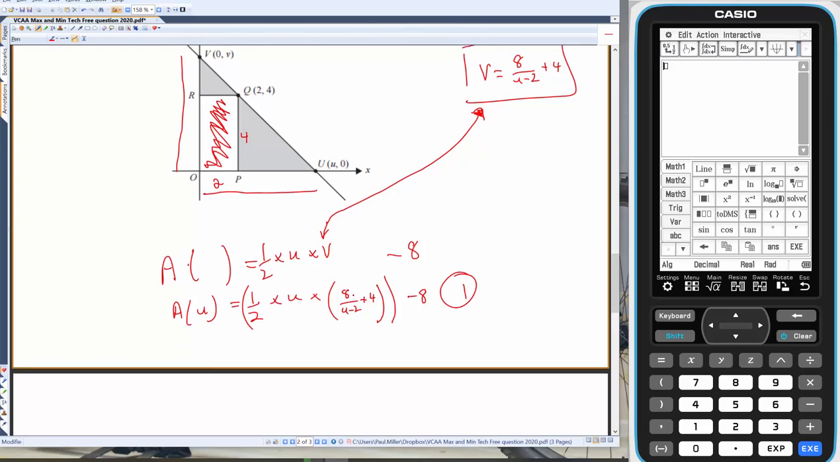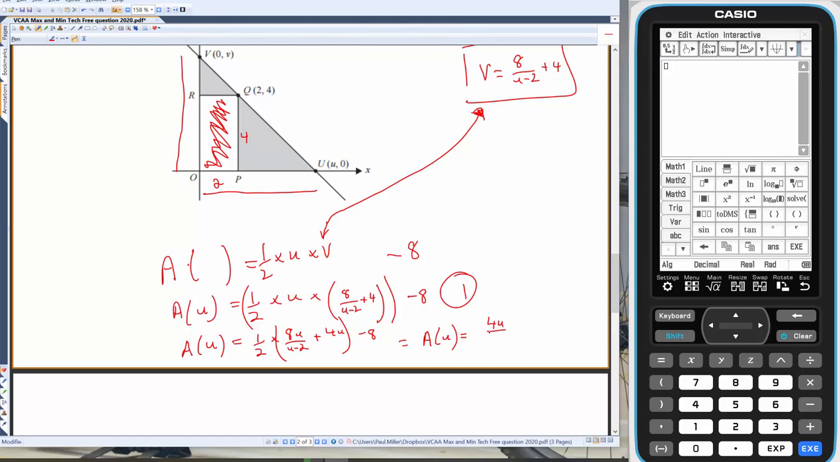Okay, so let's go ahead and tidy up this and, in my idea, prepare it for differentiation. So it's going to be half. We'll distribute the half first of all, which is going to be half times 8u over u take 2 plus 4u, take away 8, which is going to be equal to a of u equals